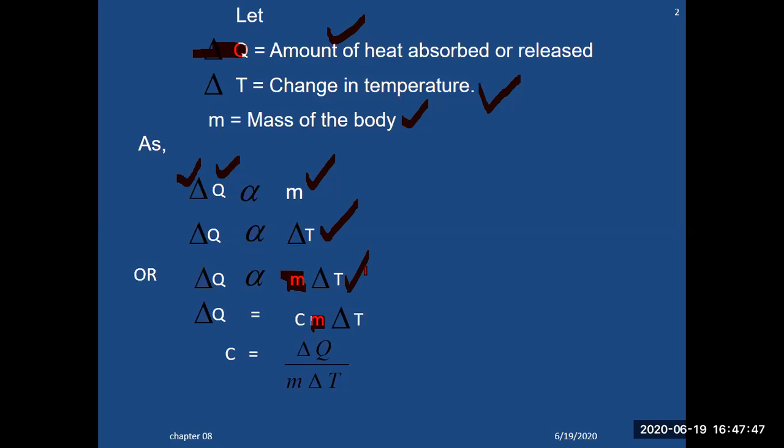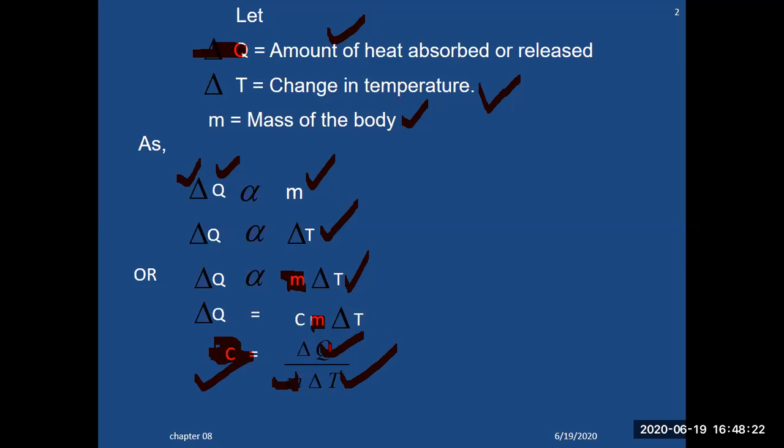If you have 1 kg of mass and you are increasing the heat, the more you increase the heat, the more the temperature of the body will increase, and that is Cm del T. This C is specific heat, and this is the formula used to calculate the specific heat of any substance: how much heat you have supplied, how much the temperature has changed, and what the mass was on which you applied the heat. So this is the formula which is used to calculate specific heat.